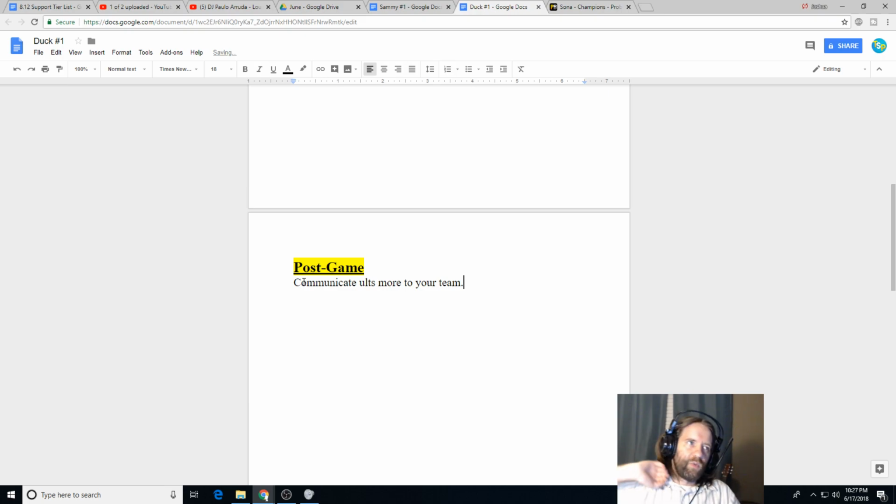you need to communicate ults more. You need to let them know, especially in the laning phase when you were trying to get some of those ults. They were pretty good moves, like that one time, if Kai'Sa followed up, you definitely would have gotten a kill there, but